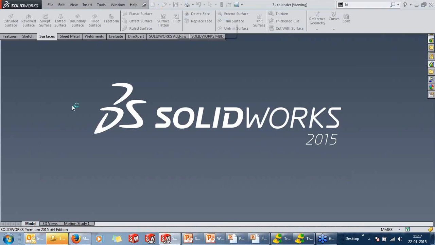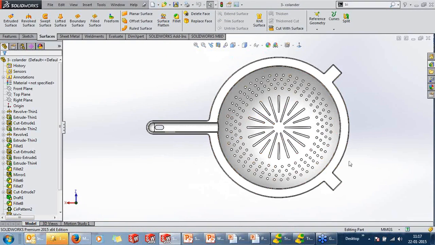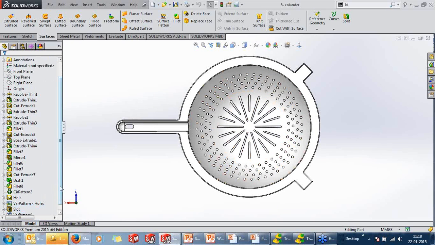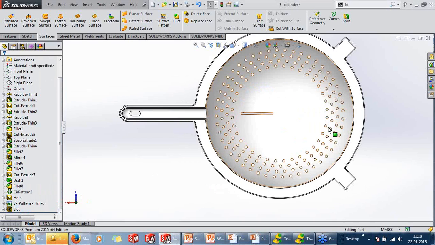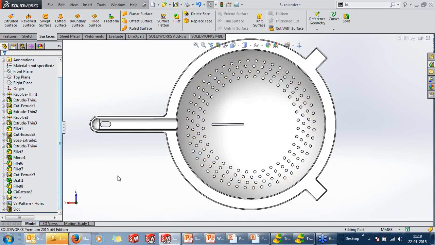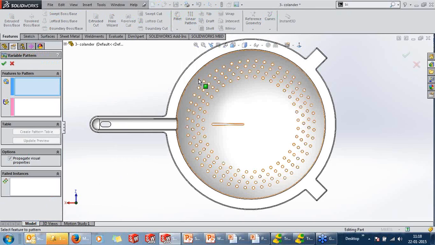Going further, as I was already speaking regarding the variable pattern. Just look at this collateral. Creating this would normally take a lot of time and effort, because you have to create all of these patterns at different angles, creating different planes. But now you need not think about it. We can just create this very easily, as we have a new feature called variable pattern.